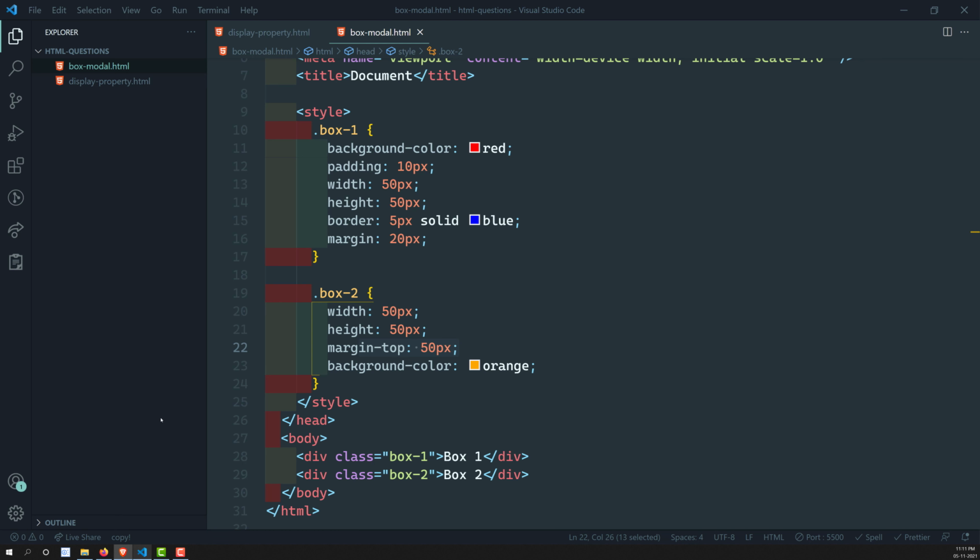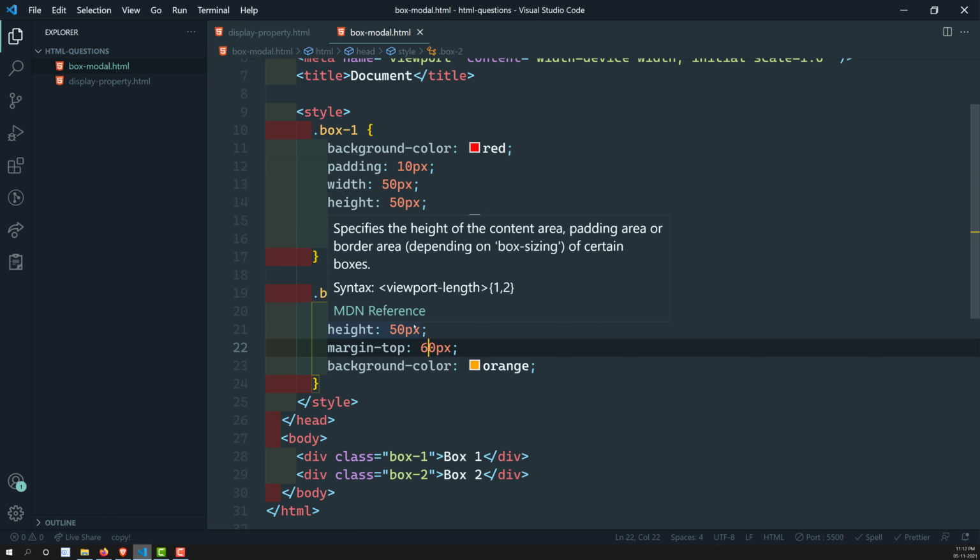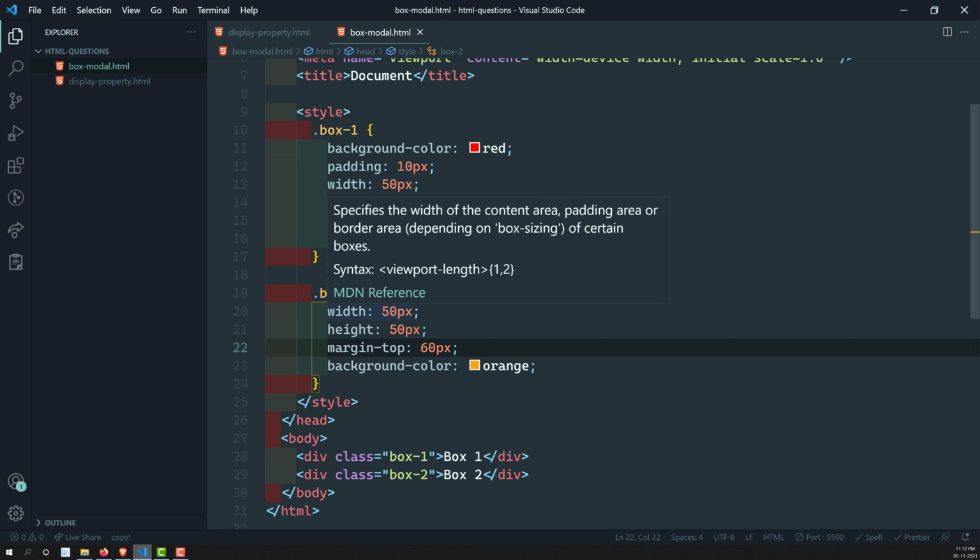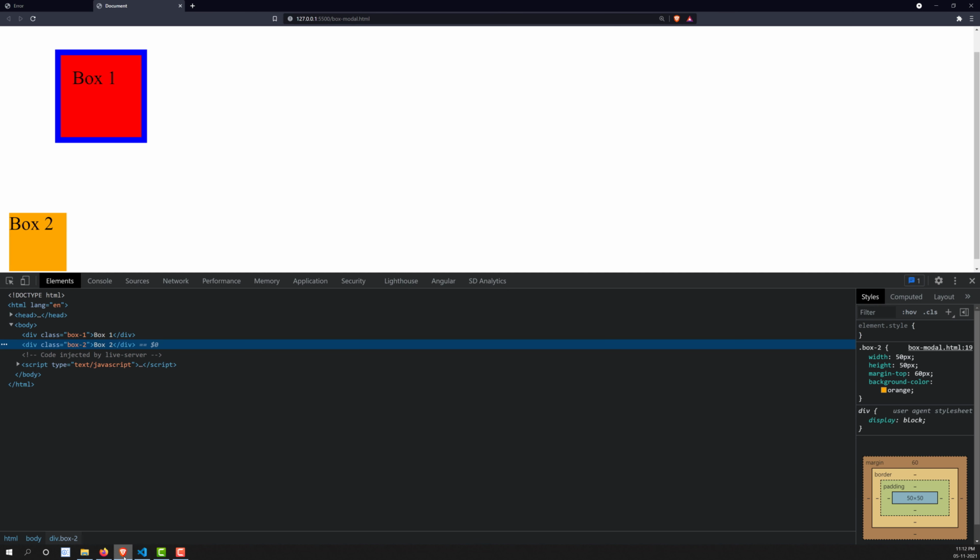Now if you apply something different, for example here I want to apply 40 pixels and here I want to apply something like 60 pixels. So now what is the margin that will be applied between the two elements? What will be the margin applied? It will be 60 pixels only. So here you will be able to see that it is 60 pixels only. Why? Because whoever is having the highest margin, that will be applied between the two elements. This is one of the important things you need to understand.